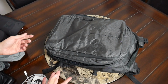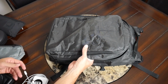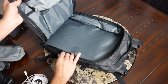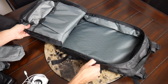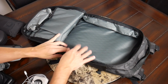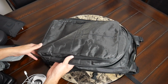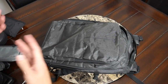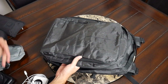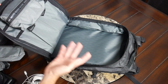You know, it's interesting to see the changes from the previous edition. In general, I'm a little split on some of the changes. I think it was a great call to lose the zippered compartment at the bottom and make this full length. I do wish that there was still a dedicated laptop sleeve. And I also like that the previous edition had 2 side zippered pockets, so just providing an extra bit of flexibility. But I also understand the desire to just continue to simplify, remove where possible. That also leads to probably some additional weight savings. And so there's always trade-offs with the design, but in general, I think it's still a really functional, useful bag,